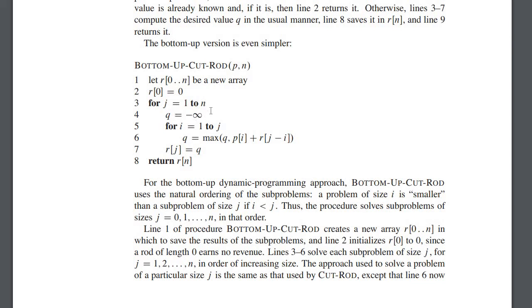So for all the values of j from 1 till n, first we initialize q with minus infinity, and now we have another nested loop which starts from 1 till j. So if we move from 1 till n at the time of j, the next loop will start from 1 to j. It is not going up to the value of n, so we are basically reducing the approach. We are not passing through those branches which were already resolved. And again, q is the same as we did previously, but here we are not